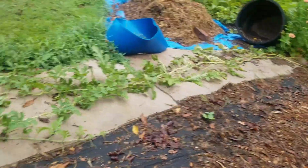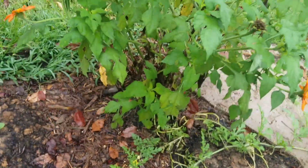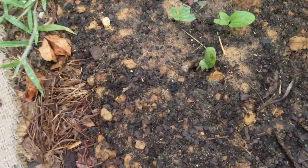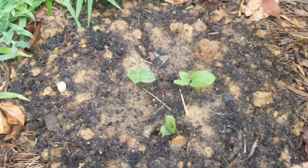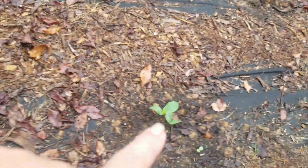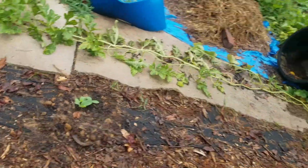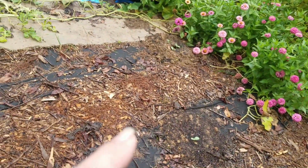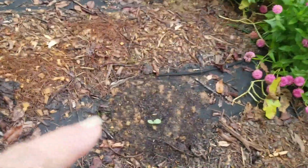I just went ahead and left them over there, and I don't know if they're going to even come to par because the critters like to eat them. But anyway, I went ahead and planted some pumpkins, and it looks like something found them. These are the jack-o'-lantern pumpkins here. Then I've got sugar pie pumpkins, I think, over here. There's two, I think. I'm overdoing it because I don't know if they're going to even...